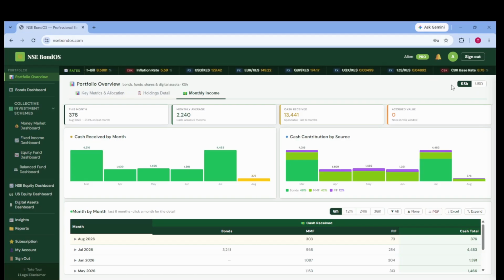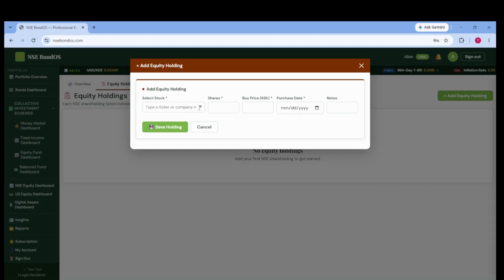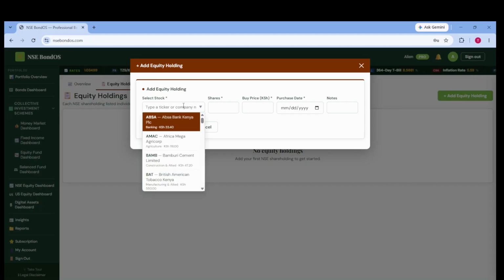So we have entered the bonds, we have entered the collective investment schemes. Now let's go to the stocks at the Nairobi Stock Exchange, and this is the Nairobi Stock Exchange equity dashboard. All right, now we come to the Nairobi Stock Exchange, and we are going to add what he has invested in, and the first one is Safaricom. So from here we search for Safaricom,